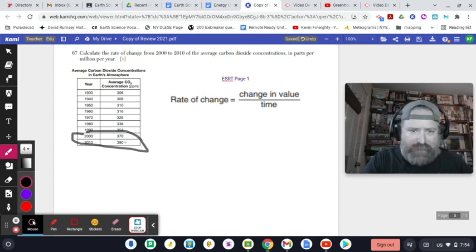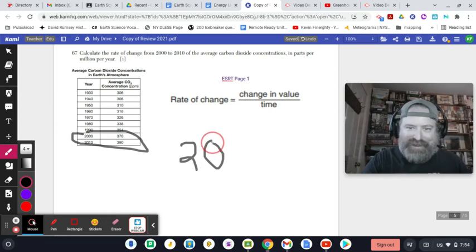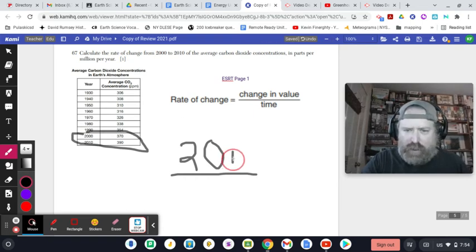It went from 370 to 390. So what was the change in value? That is 20. Sorry, using the pad on the Chromebook's a lot harder than using the mouse. That's my change in value. 20 what? Don't forget the units, this unit, and if it sounds weird to you, don't worry about it. Just write it. It's ppm, parts per million,